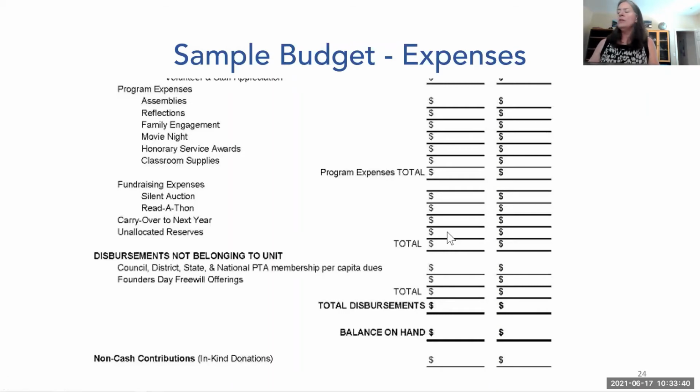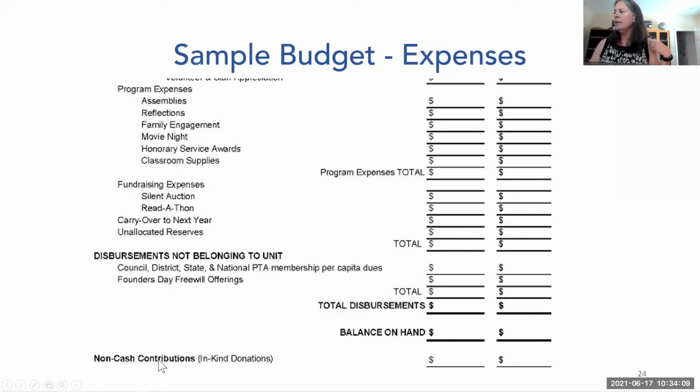A reason you might have that is that you have a fundraiser that does really well, and so you actually get more money than you planned on. Then you've got to figure out how you are going to allocate it; it's unallocated until then. This is, again, showing the money leaving the PTA that does not belong to it. So after you've written it up at the top and said we brought it in, this is where you're going to prove that you sent it back out.